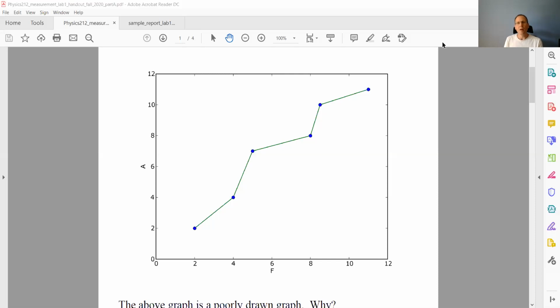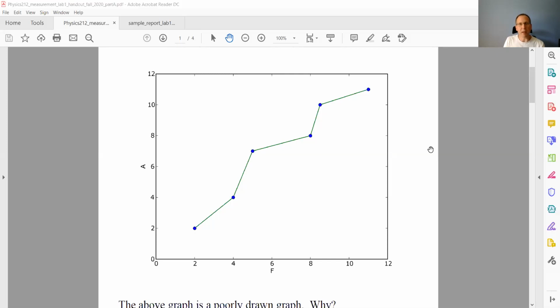All right, so to begin, let me bring up the handout on measurement. If you guys can look at your handout on measurement, where we have a poorly drawn graph. We'll start with that first one. Okay, so if we look at this graph, this is an example of a poorly drawn graph, right? There's some issues with this graph. So the first thing